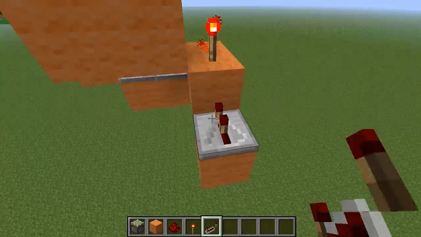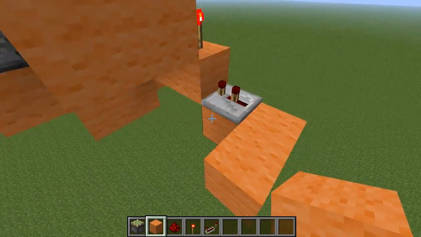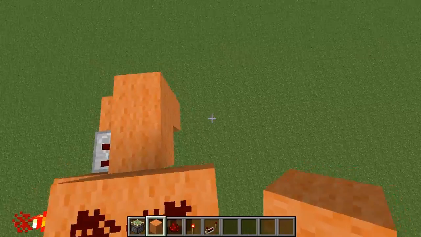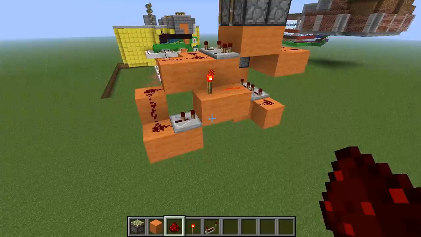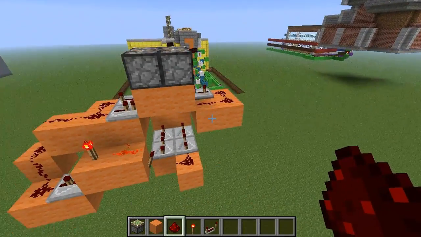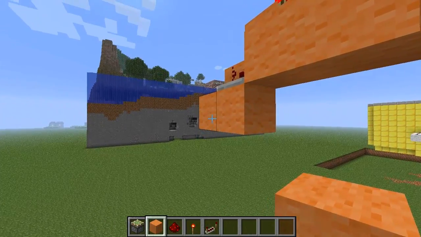One repeater here on 2 ticks delay. Then you wanna bring the wire up to, I did say, I'll do it like this. So you have this stage here. Now you also wanna have a wire connected to this here, so that's a bit trickier,